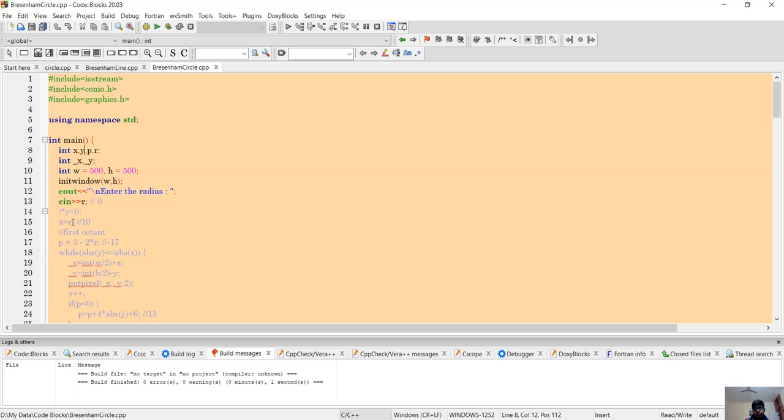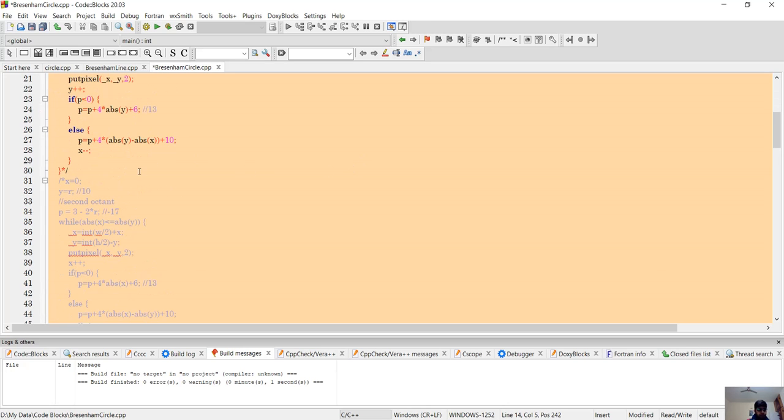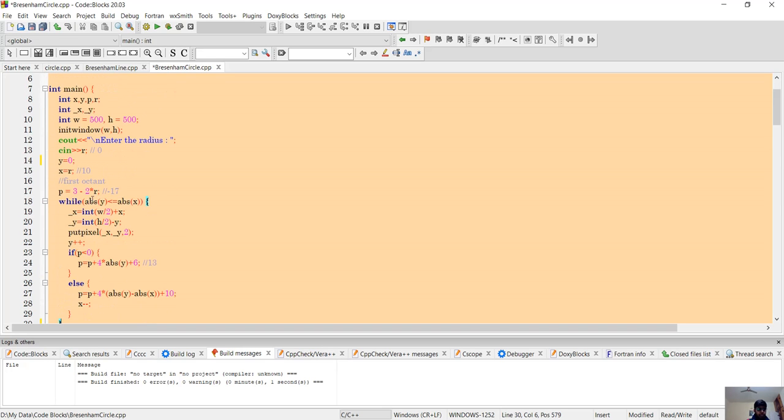But we are only going to take r as input. The init window is w comma h, and the window size is 500 by 500. And in this, this is the first octant. Now I am going to remove the multiple line comment. Okay, now you can see the code.